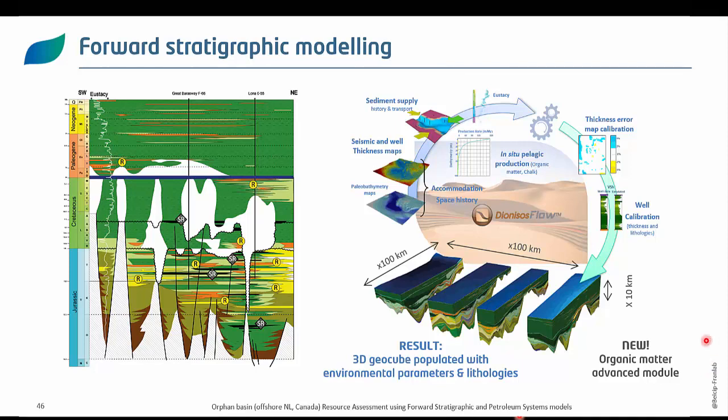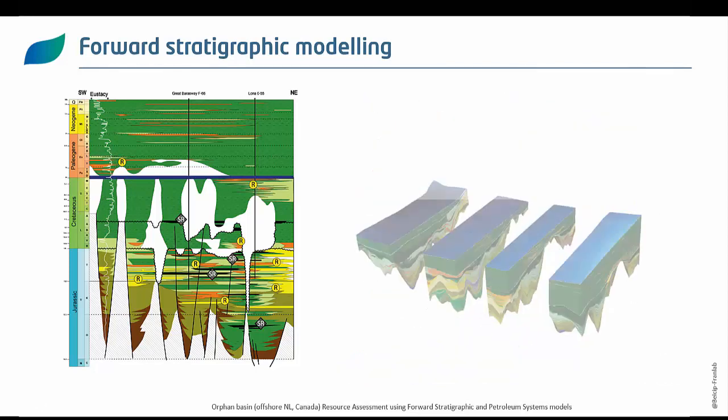Note that we were able this year to simulate the deposition and preservation of organic rich material by using the Dionysos brand new modules. And last but not least, forward stratigraphic modeling allows testing different alternative scenarios of deposition if uncertain parameters are revealed by the conceptual model. If equiprobable scenarios of deposition are successfully calibrated to the dataset, it means that alternative geocubes can be provided for further petroleum system model. So let's have a look to the kind of geocube that have been extracted from the